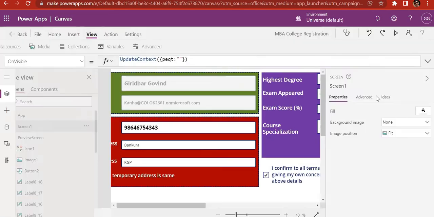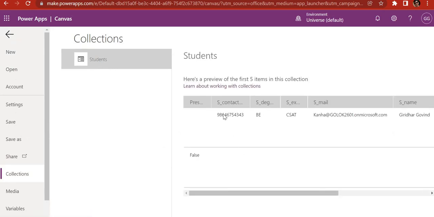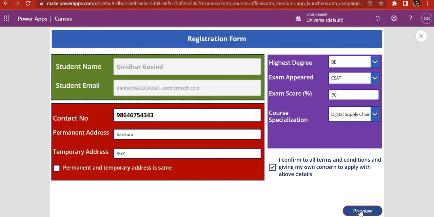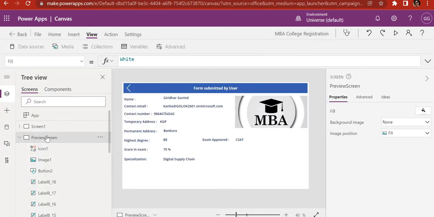So now if you see the collection again, you will see just one record is there, right? Basically it has cleared all the previous records, and it just created the new record. Now sometimes there is some requirement that you need to